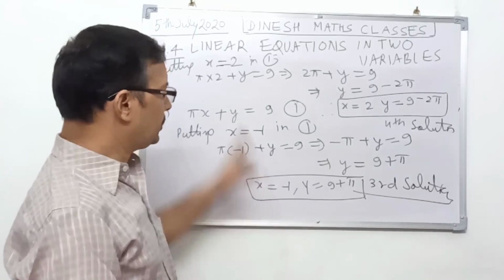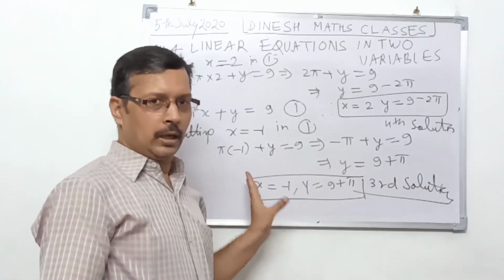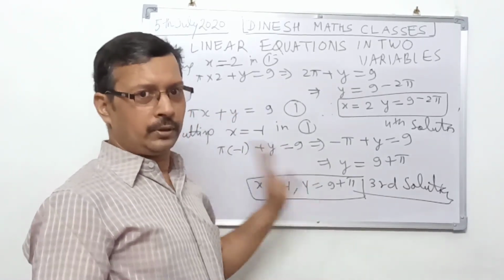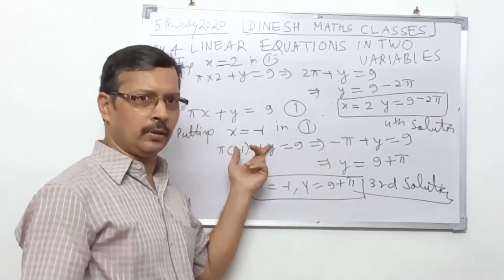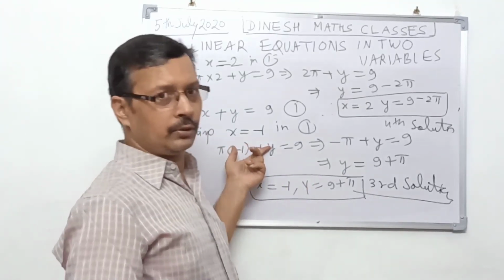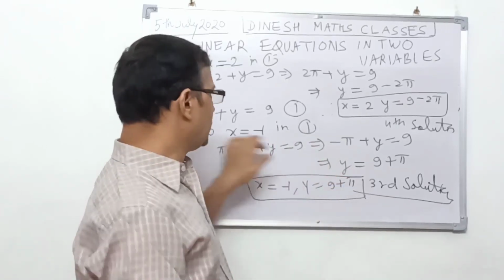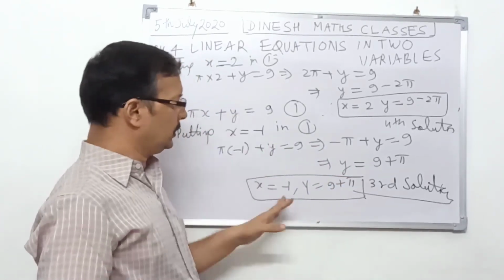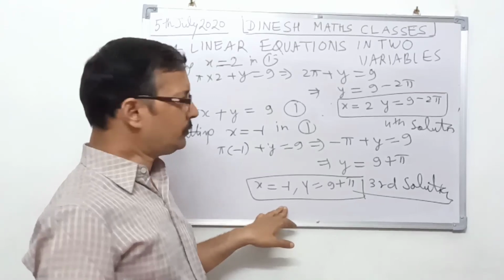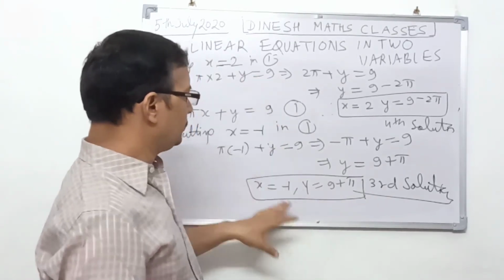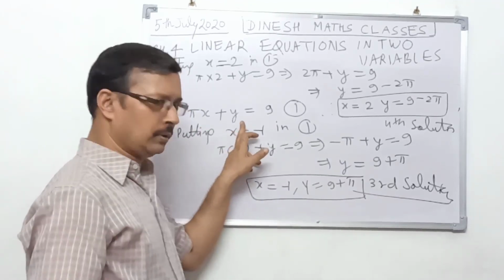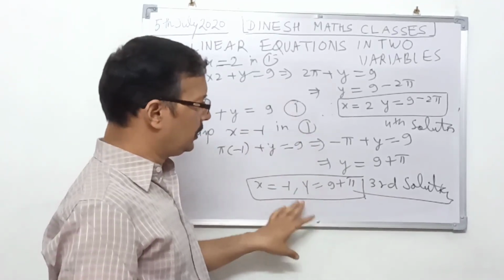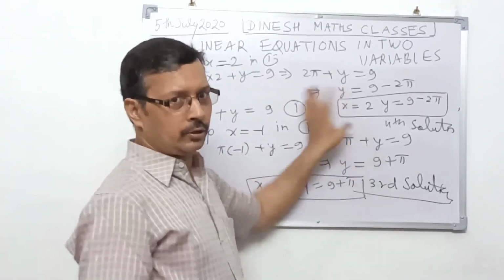Here in such questions you have to be careful that the answer given at the end of the book may not tally, because the values you have taken for finding the solution may not match with those values based on which the answer is obtained. Therefore this is also your correct answer, and all these values you can check. Put these values in the given equation and you can check the correct answer. So the answer may match or may not match.